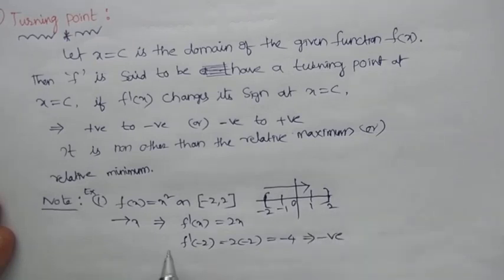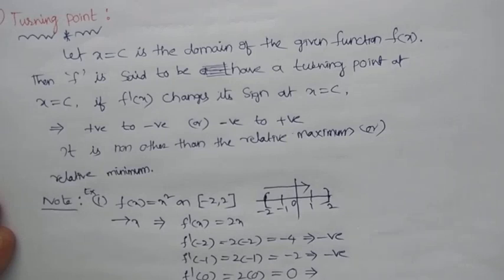So the first derivative of the function starts with a negative, and f dash of -1 is what, 2 into -1 means it is -2. It is also what now? Negative. Next suppose f dash of 0 I am substituting, so 2 into 0 is equal to 0. So from this 0 point, f dash of 1, if I substitute 2 into 1, what are you getting? 2. So it is what now? Positive.